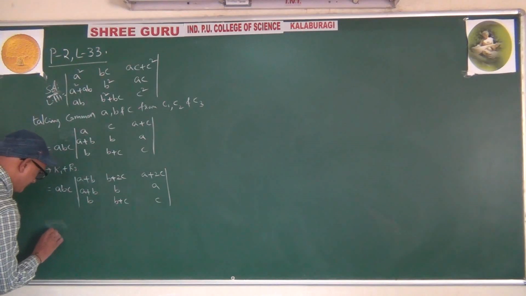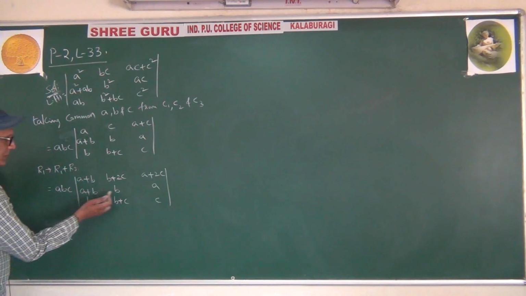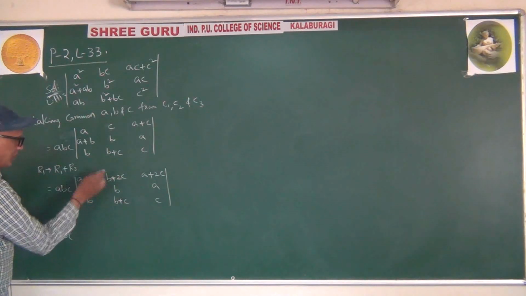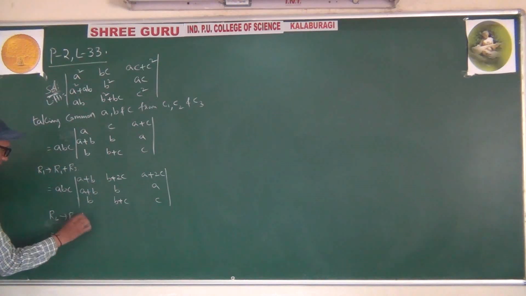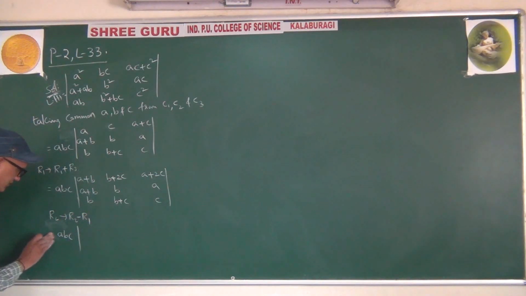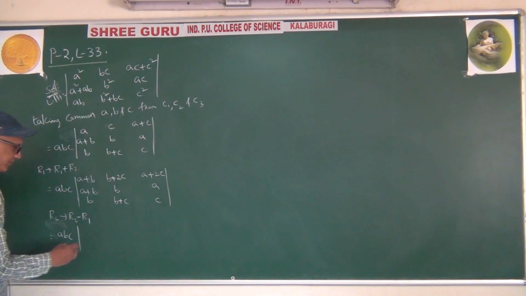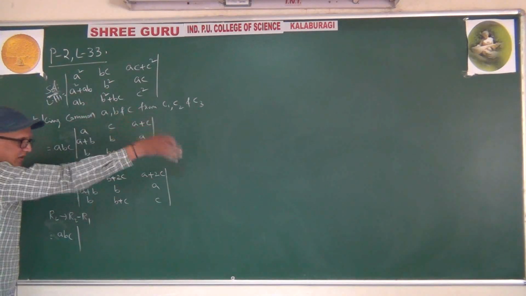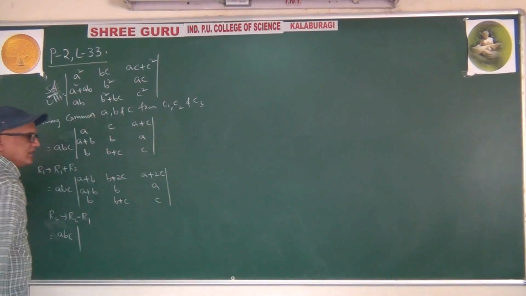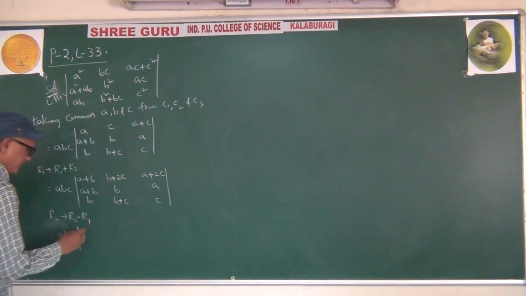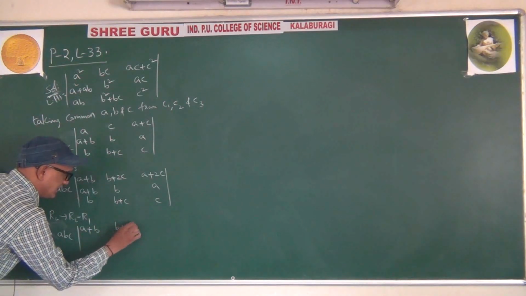Now what I am doing? abc. Second row minus first row. Second row minus first row. This is only by practice, that's it. We can't learn by heart. Second row minus first row: write R2, write R1, write subtract. Subtract means signs get changed. First row will be as it is.